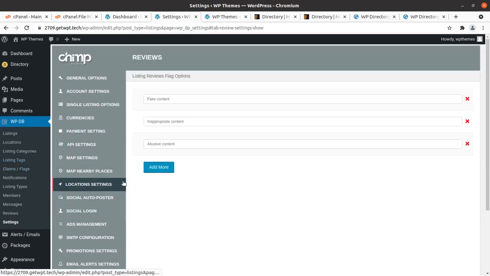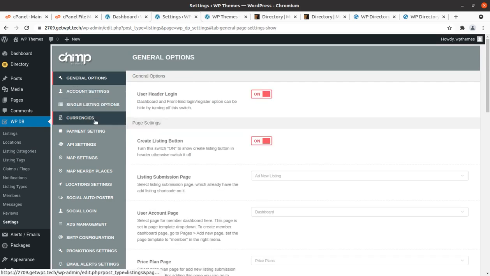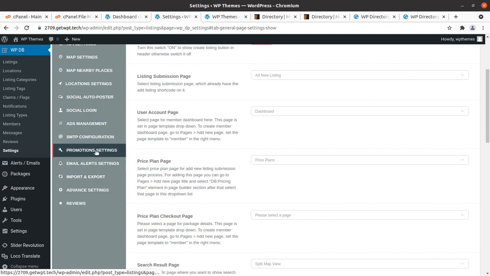So this is the main setting in fact, and that is available in the theme installation itself. So it is all for you, and you can set the parameters that you need for your website.